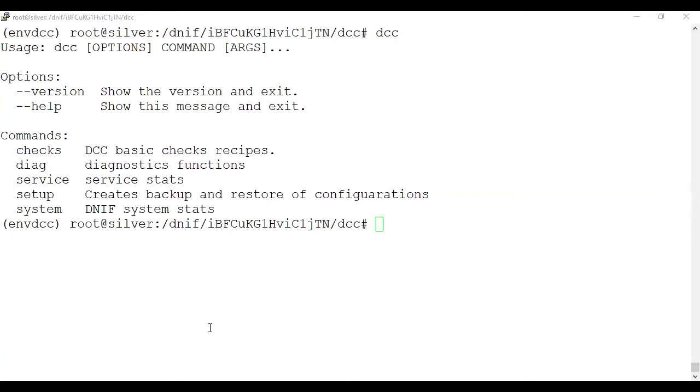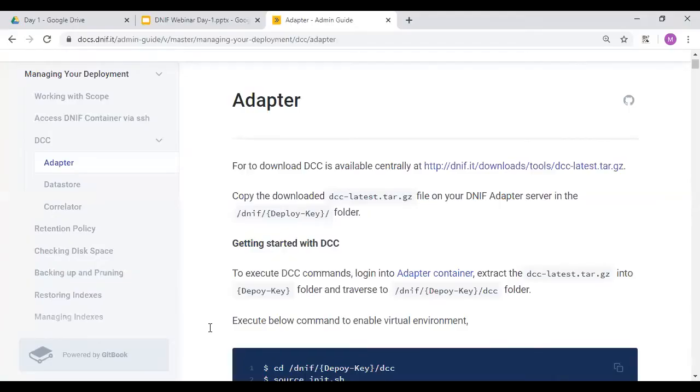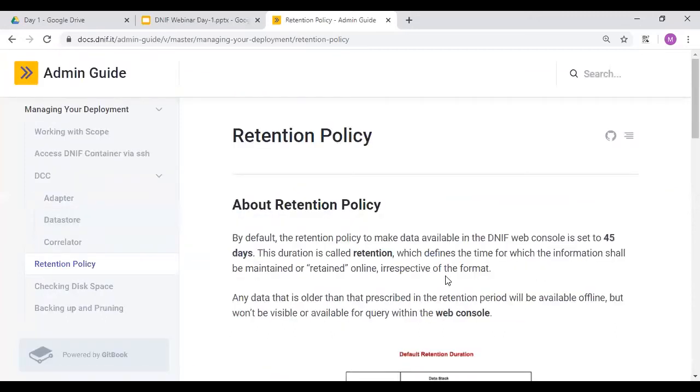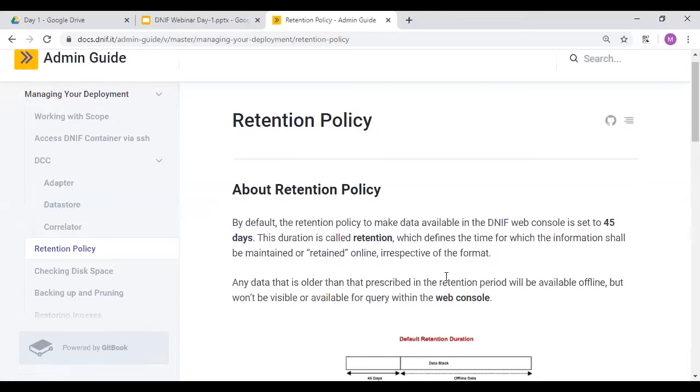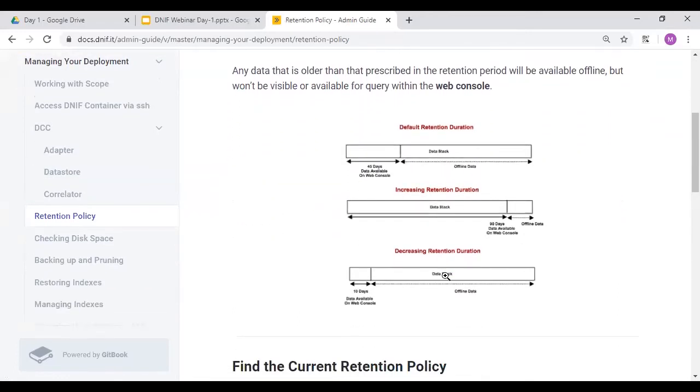Now, let me share my screen where you can see the next part, which is the retention policy. Now, what is the retention which you have just seen? The hot retention and the cold retention. So here there is something called variable and capital. It means suppose you have taken an A10 subscription. So if you just see one of these, you have first information 45 days you have the data available. So whenever you say I want to display data onto the NIF console, or make it as hot retention, make it for 45 days, and the rest of the data would be for the offline data. That is called the default retention duration.